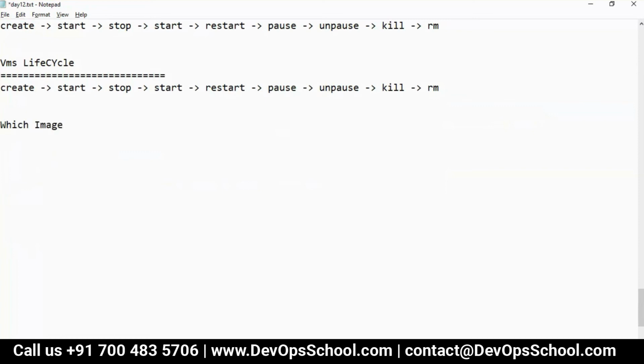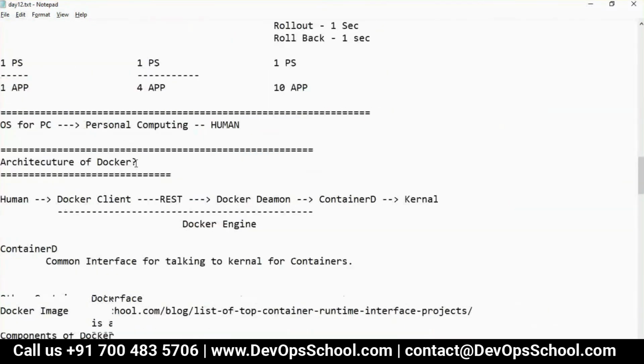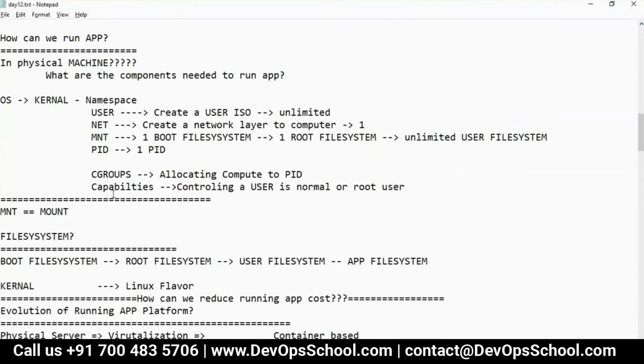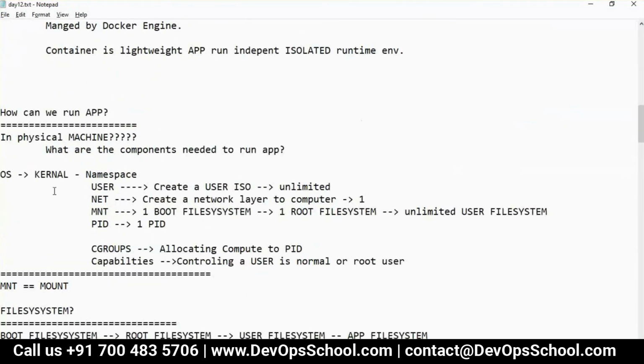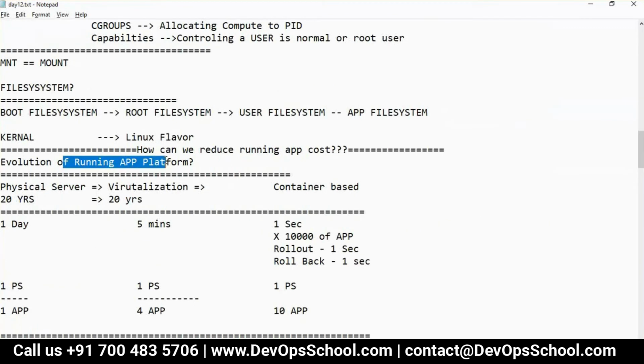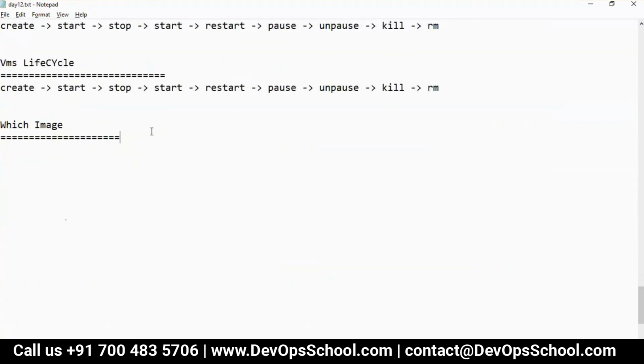Guys, you have to decide which image. When I say image, it's basically the application. See here. Application. So every time you run an application.